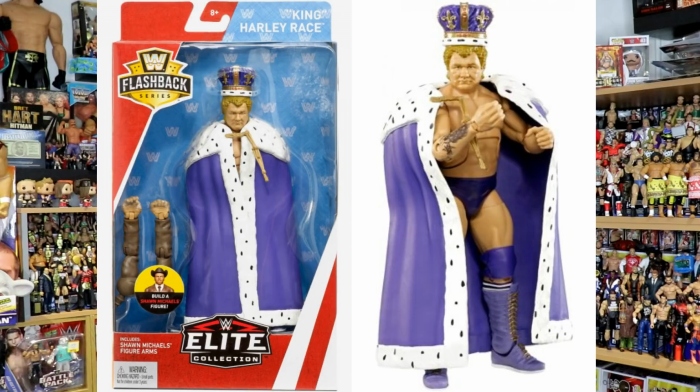Another person that I didn't expect to get ever again. They have made Harley Race before. I think the face scan is stunning. I think the detail on the robe and the crown, such a great figure. I know a lot of you out there might not know who Harley Race is, but I'm telling you, they